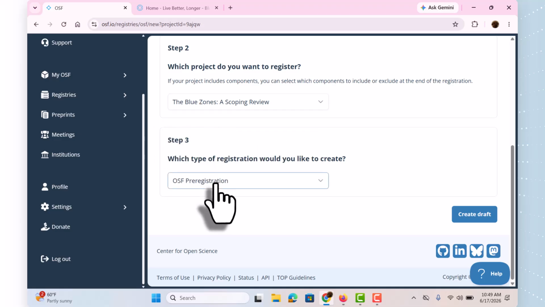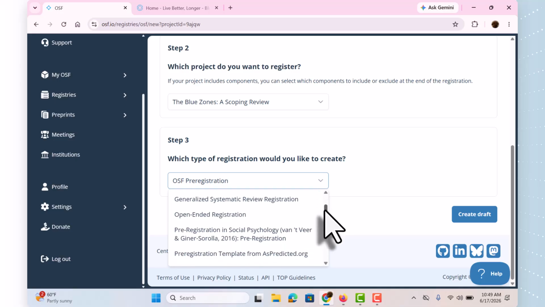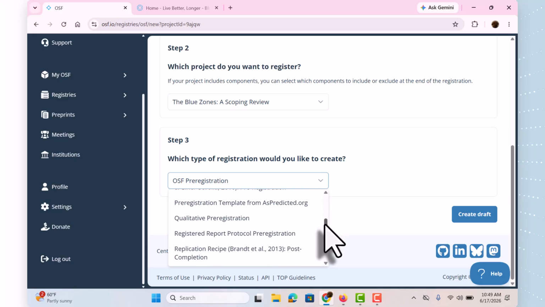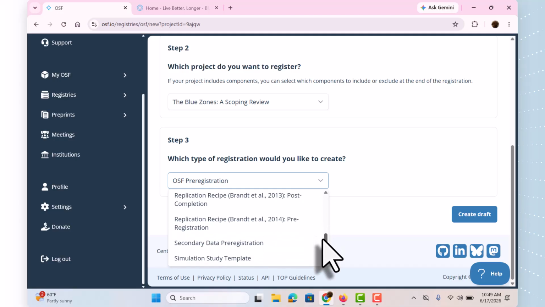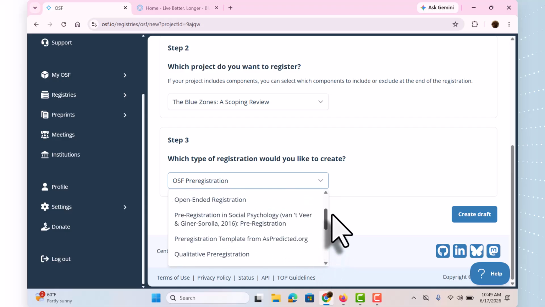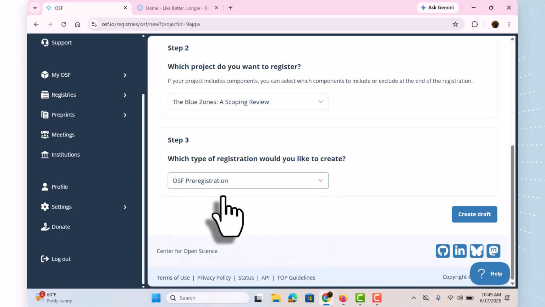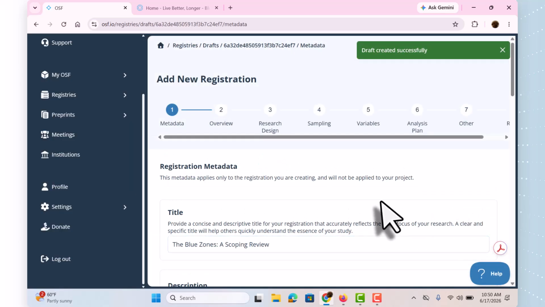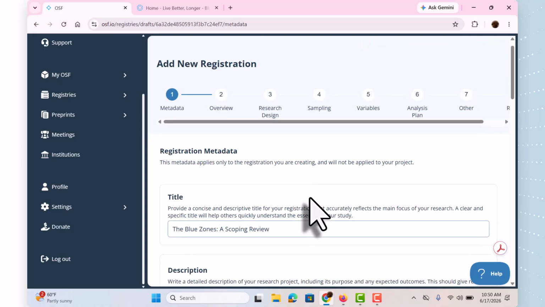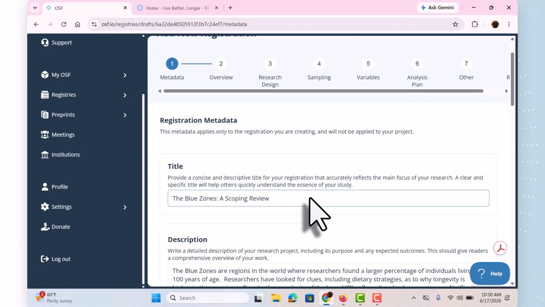We want OSF pre-registration. And let's take a look at these here. How about, I'm looking for if there was something that was a systematic review. Nope. Let's go with this one, the OSF pre-registration, and let's create a draft. Now, this is where we get into some of the stuff that was in the prior